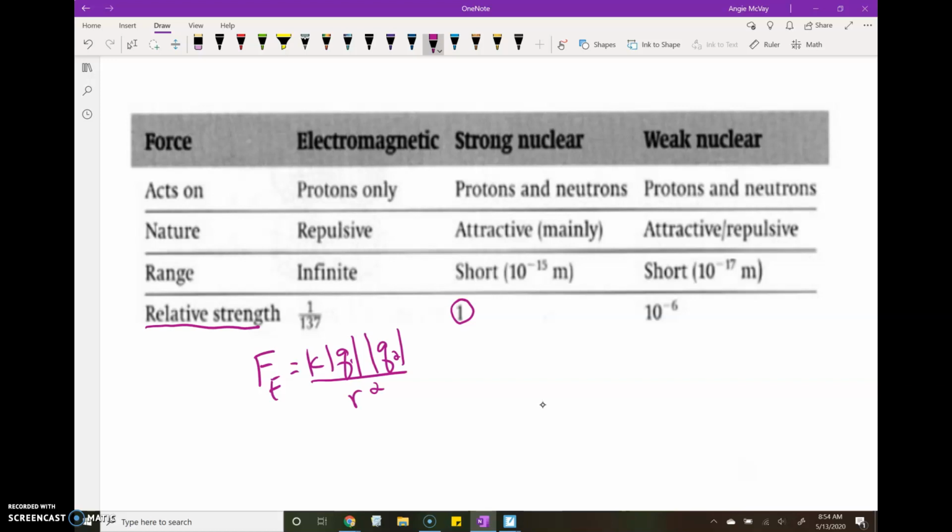Like electromagnetic force has an infinite range. It's repulsive, but when these nucleons are really close together, the strong nuclear force comes into play and overpowers the electromagnetic force, right? Once a nucleus gets too big, the strong nuclear force can't overpower the electromagnetic force,